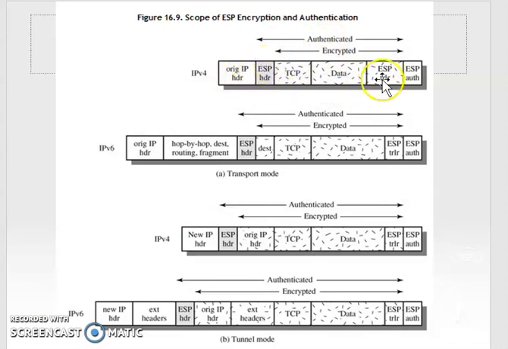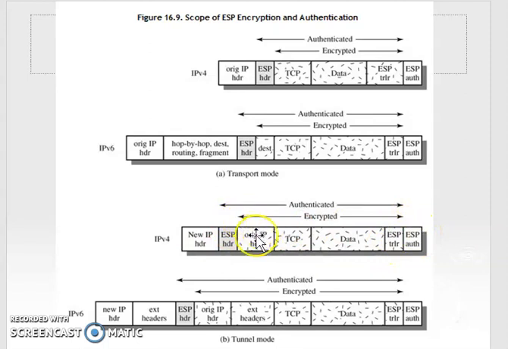The ESP header along with the ESP trailer comes after the original IP header in the transport mode. So first is the transport mode: after the original IP header and IPv6 extension, the ESP header and trailer are used, and optionally you can use ESP authentication also. Now with respect to the tunnel mode, again a new IP header is formed for the entire IP packet along with the ESP header and the ESP trailer, and optionally ESP authentication.